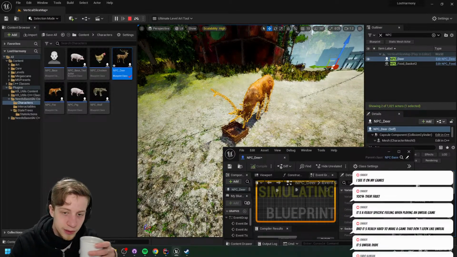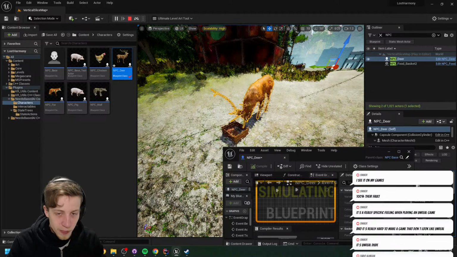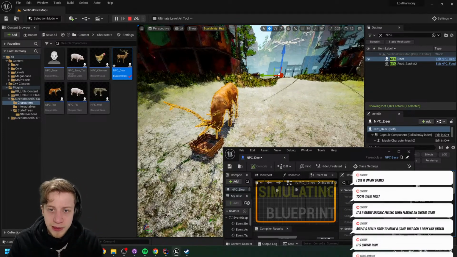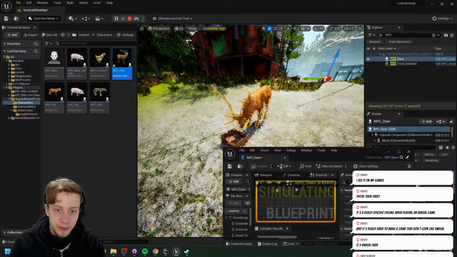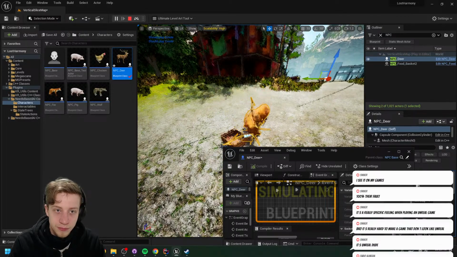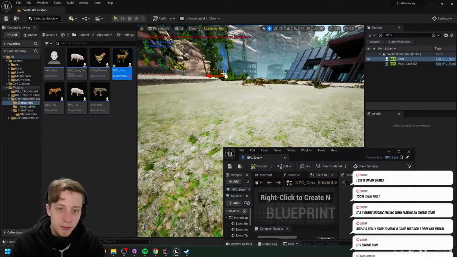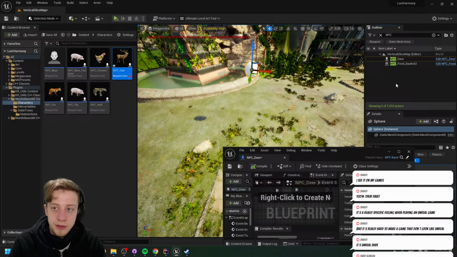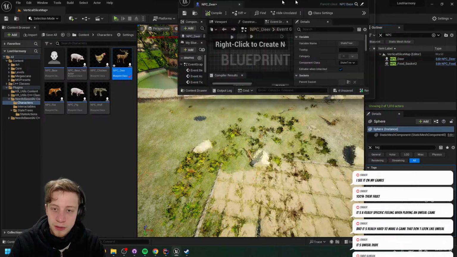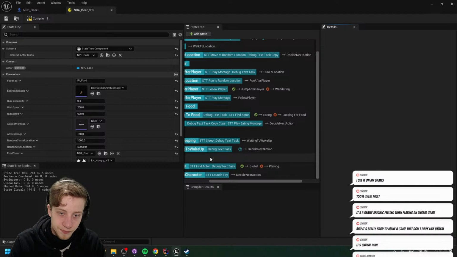I don't think we got into the sphere tracing stage, but finding the actor seemed to be fine. Okay, yeah, take your time. It's fine, don't worry about it. Let's see. So what should we be doing here? We got our deer here.